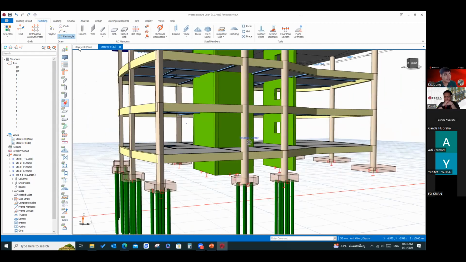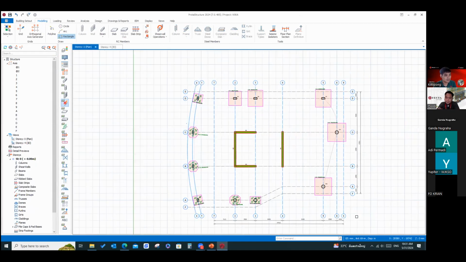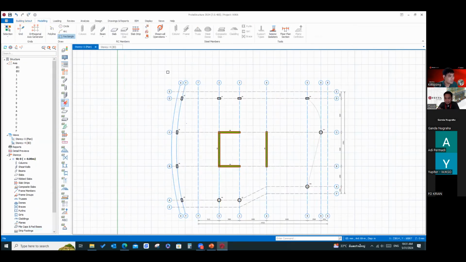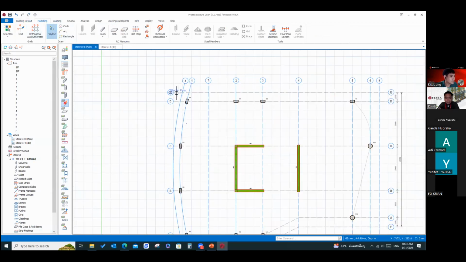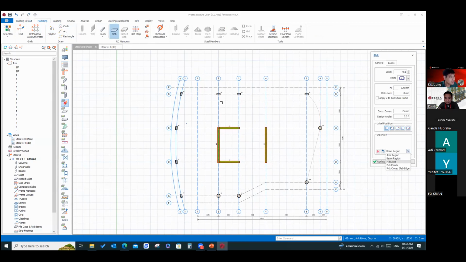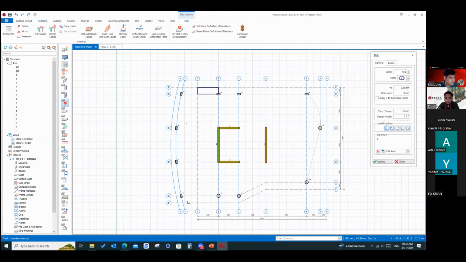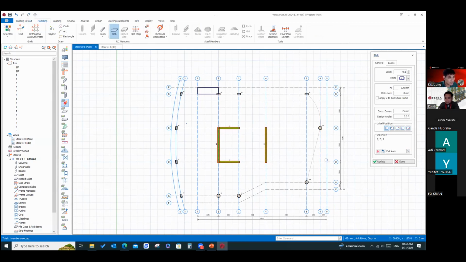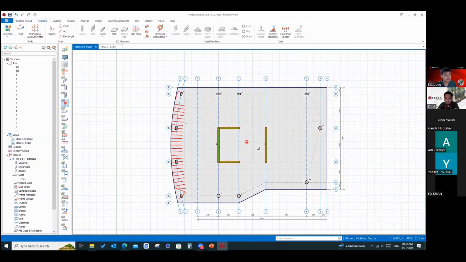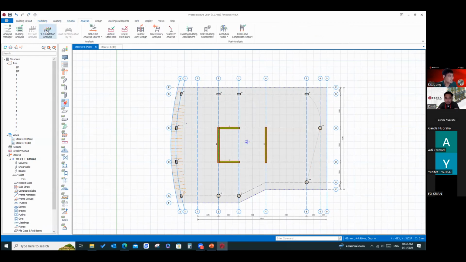Or maybe you can do the whole structure for the single mat foundation. You can also do that by just creating like this. Let's input the slab like this, here, here, here. Maybe you input the whole slab like it and do the mat foundation.